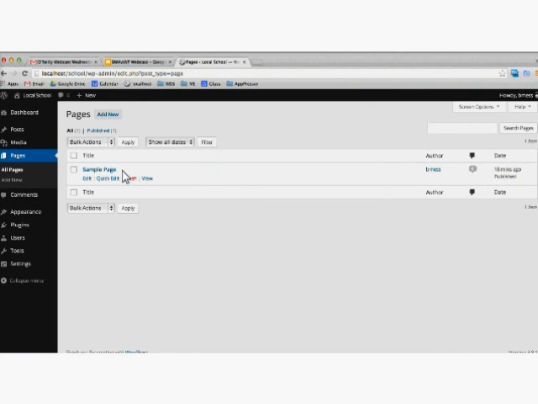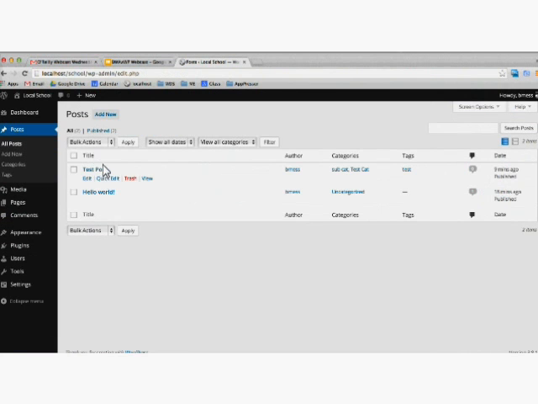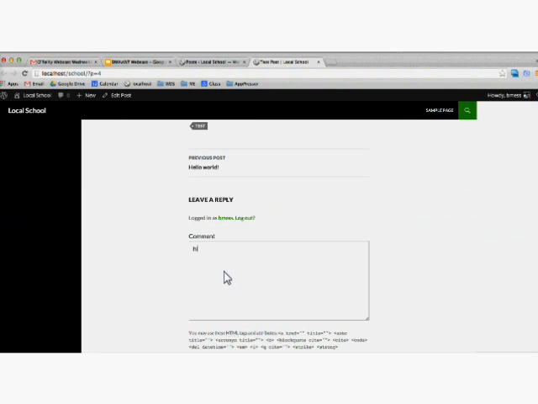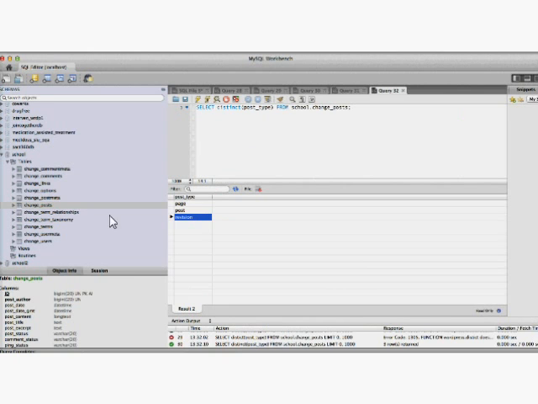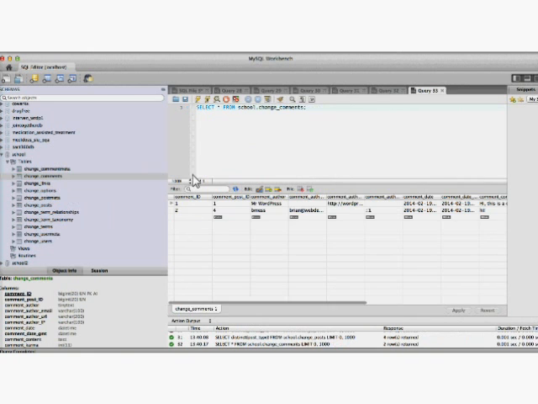Comments. So if I went to the front end for this test post, you would see that I have this comment box. So I'll leave a little comment there. And just so you guys know what's happening on the back end, first of all, if I refresh this page, you'll see we have another post type called attachment. But also, if I go to my comments table and select those rows, I'll see the comment that I just